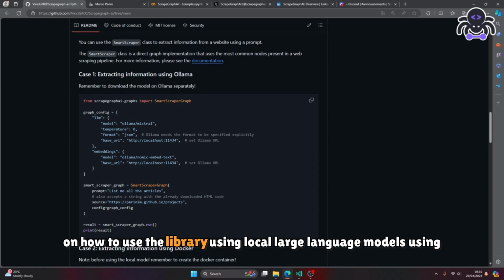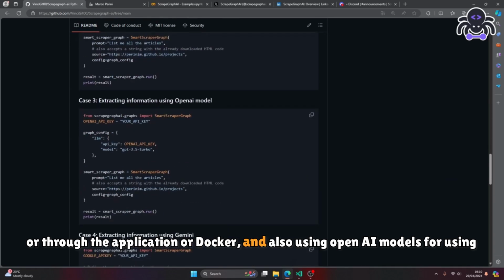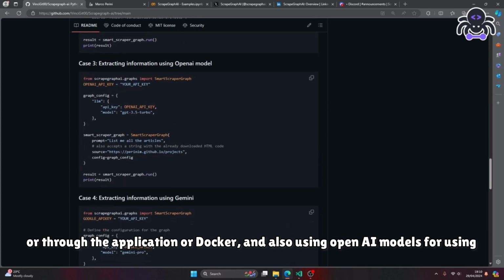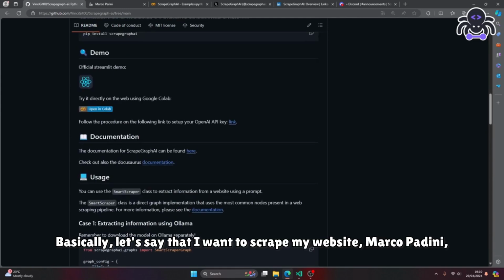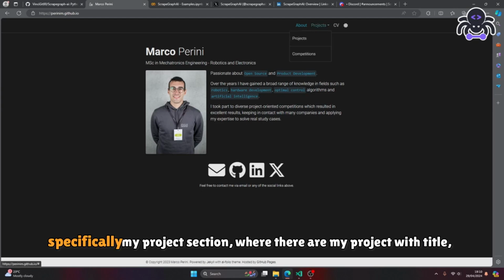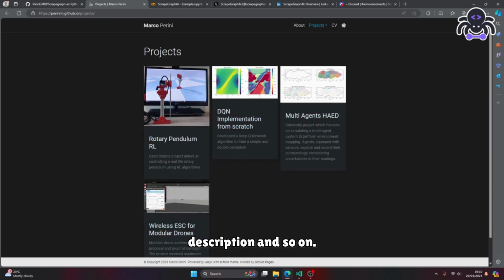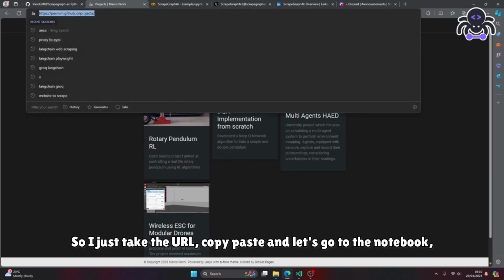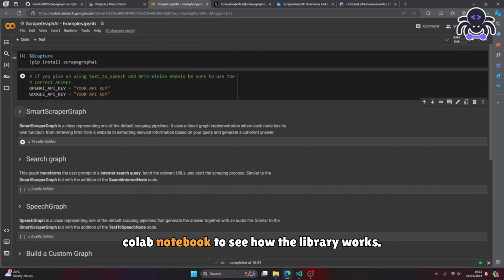on how to use the library using local large language models, using Ollama through the Ollama application or Docker, and also using OpenAI models with an API key and so on. Basically, let's say that I want to scrape my website, Marco Perini, specifically my project section, where there are my projects with title, description, and so on. So I just take the URL, copy paste, and let's go to the notebook, Colab notebook,